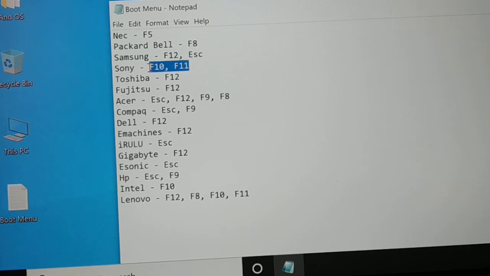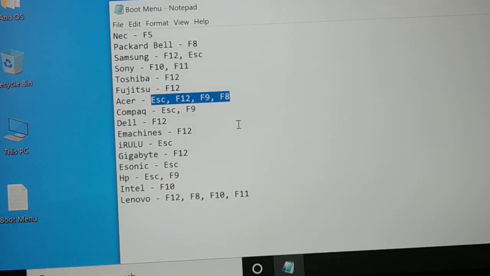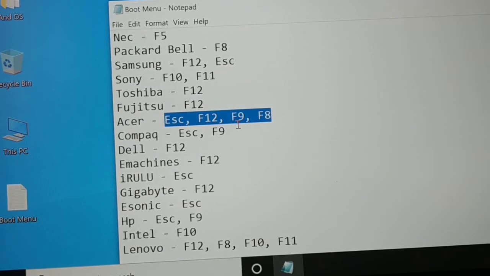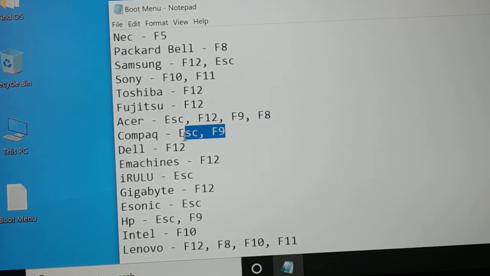So you just have to restart your PC couple of times, whether you are using a desktop or the laptop, and you can try these different keys depending upon the brand. You can pause the video and you can even make a note of it. So these keys are very helpful. It saves you lots of time. You can directly use this key to enter the boot menu and directly boot your PC from a hard disk, or if you want to boot from a bootable pen drive.